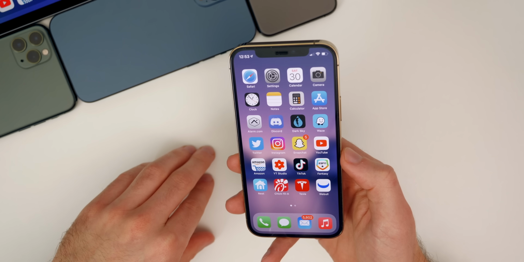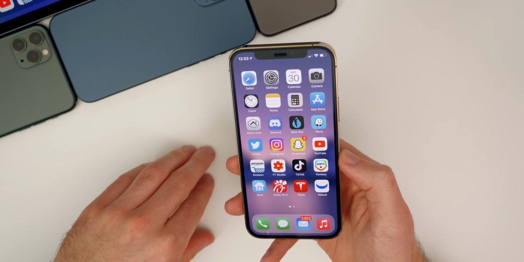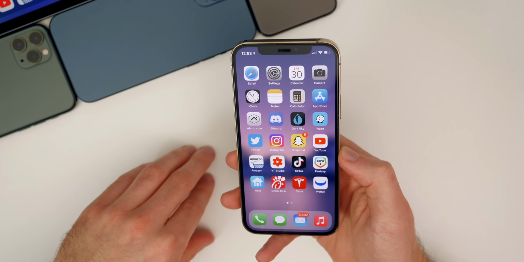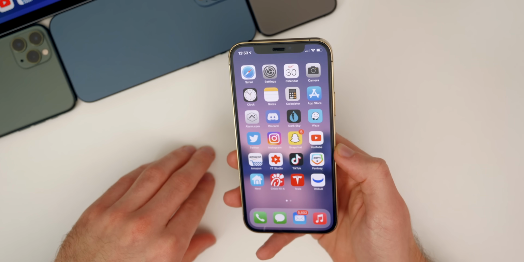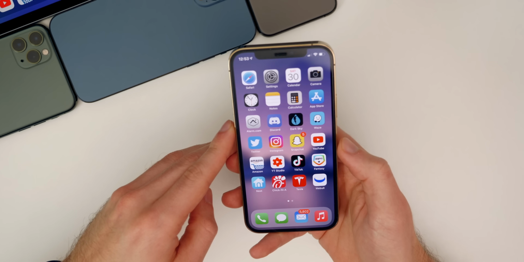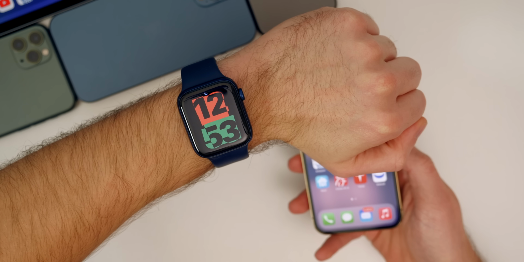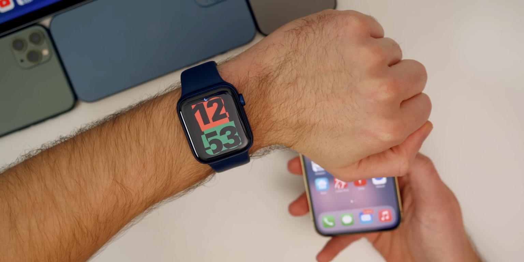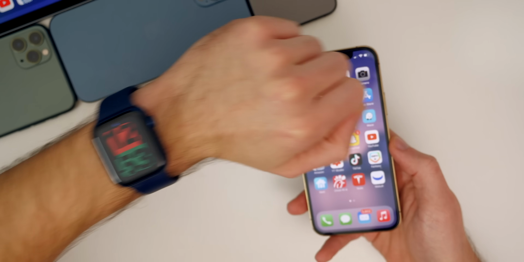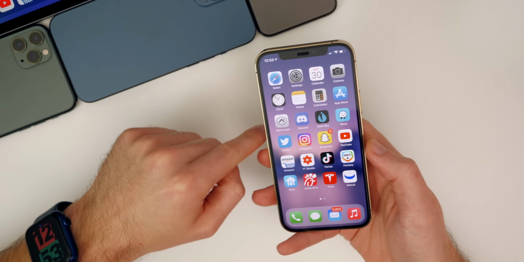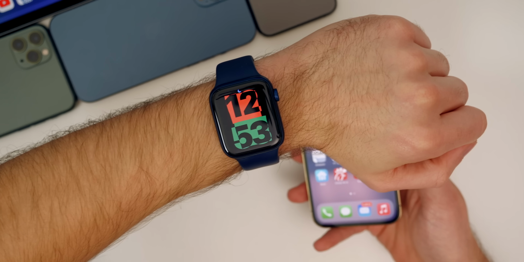But anyways, let's talk about some additional changes and features found in iOS 14.4 that I did not talk about in my initial What's New video. Starting it off is a new watch face, which I have right here on my Apple Watch. You do have to be on watchOS 7.3 and iOS 14.4, and this is called the Unity watch face,